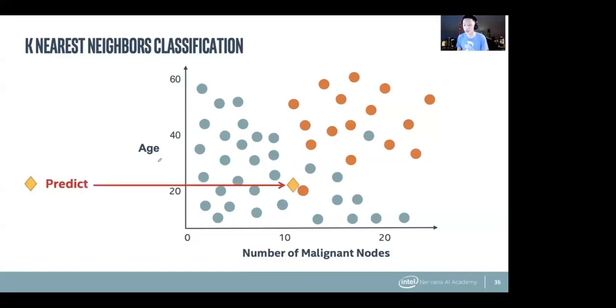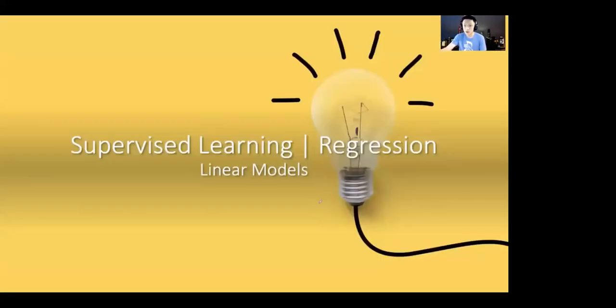So this is what K nearest neighbors is. If you wanted to predict for a new person that comes in, age 20 with 11 cancerous nodes, and you only looked at K equals 1, then you'd probably think they die. But again, this is an outlier. If we look at K equals 2, there's a tie. But if we look at K equals 4, there is not so much a tie. There's a pretty big consensus that this person is probably going to survive and is probably going to be okay.